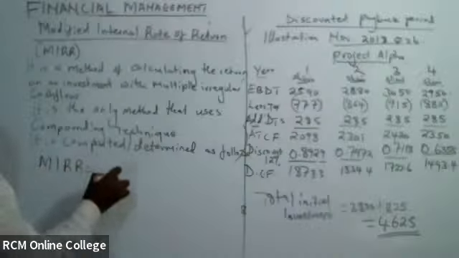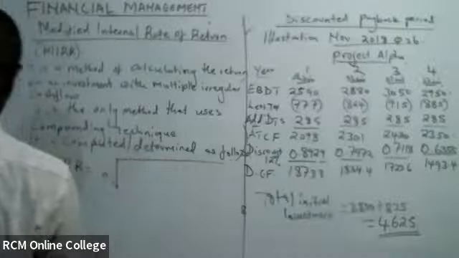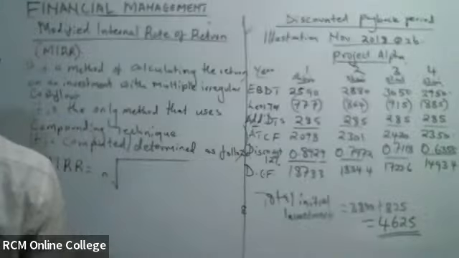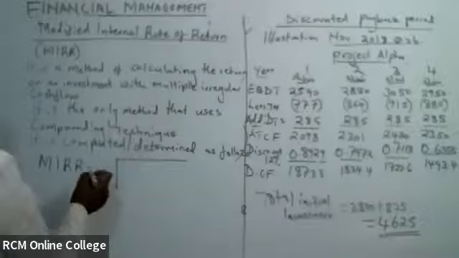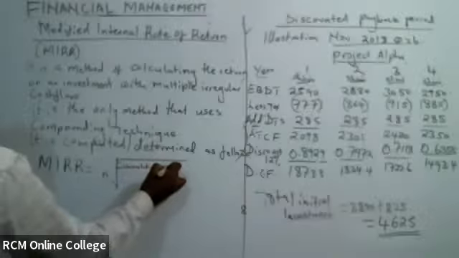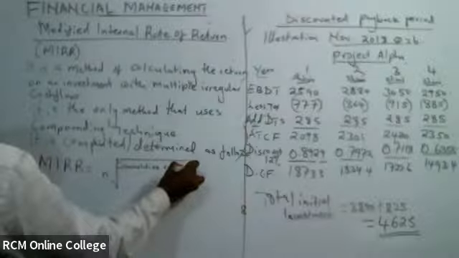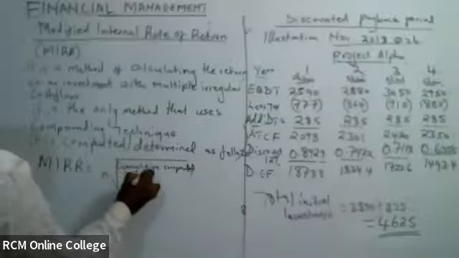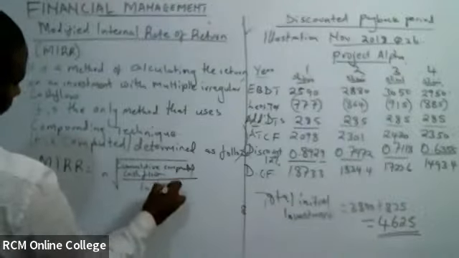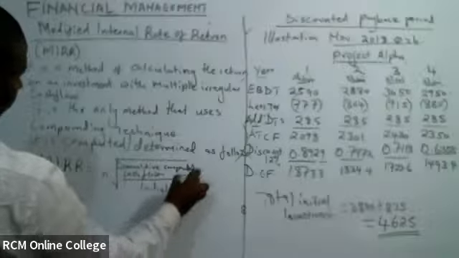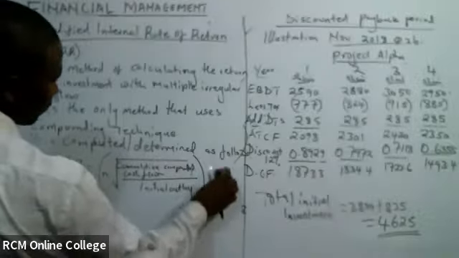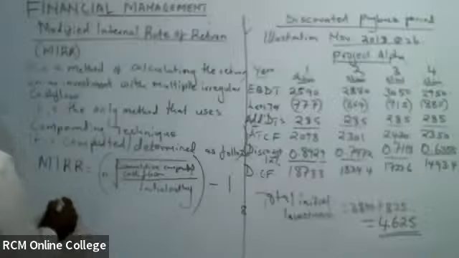It's given by the nth root of the cumulative compounded cash flow divided by the initial outlay, minus 1. The whole of that minus 1, where